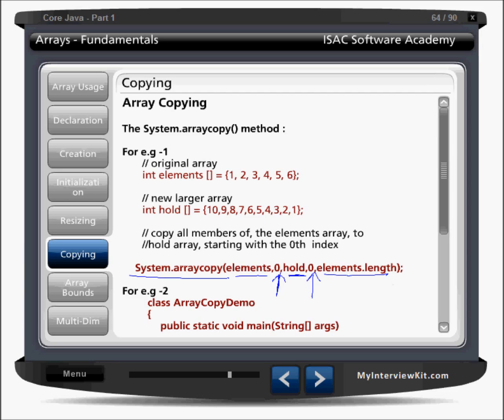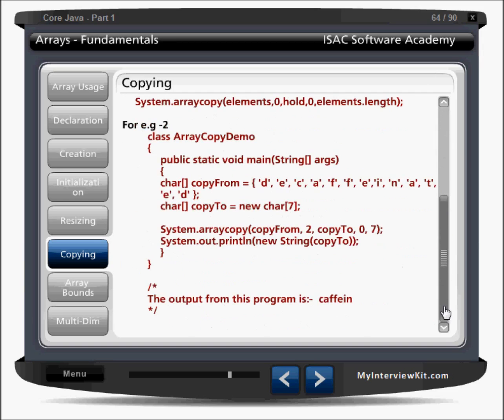Now look at this example here. I have one array, copyFrom. The second array is copyTo. copyTo does not have any value. So what do I pass here? Copy array from